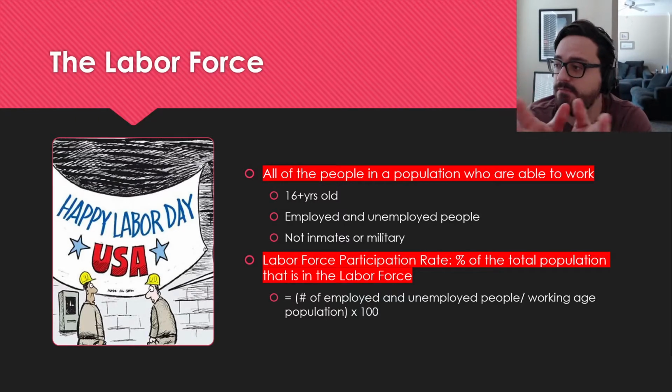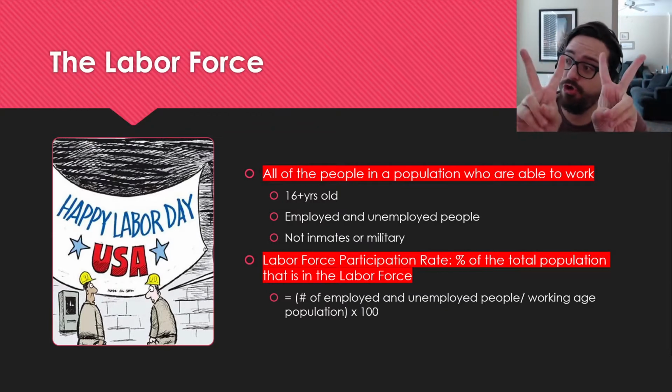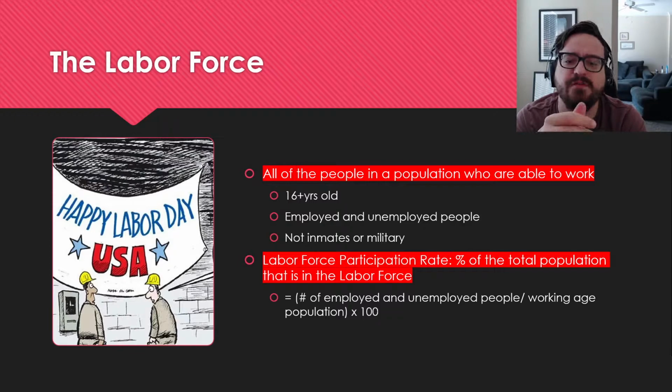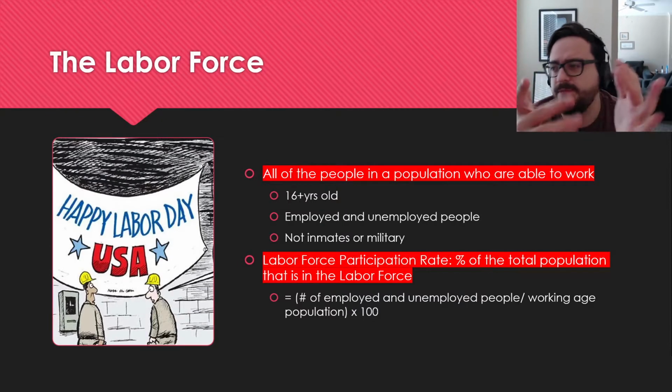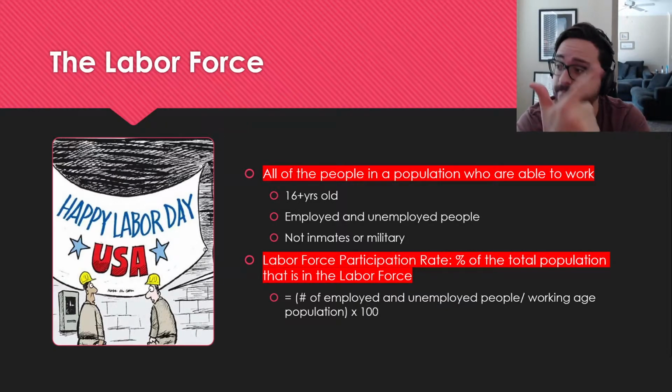Labor laws taken into account there. So like child labor, yes, a 12-year-old could be working, but no, they shouldn't be working. And a 95-year-old retiree could do some jobs, but again, same idea. So who's in the labor force in America? It's 16 and up. It is all employed and unemployed people who are counted in both of those metrics because they're working or they're the other thing, which we'll talk about.